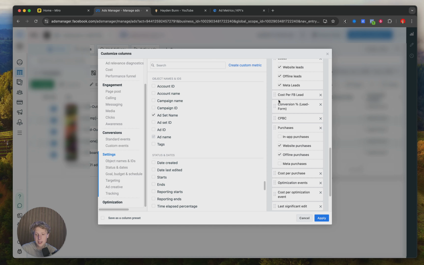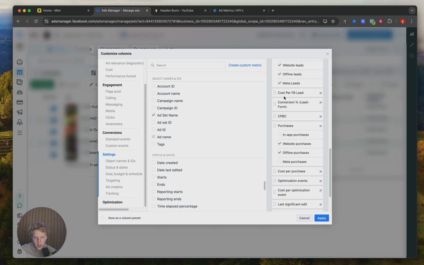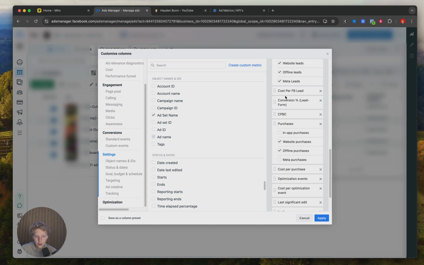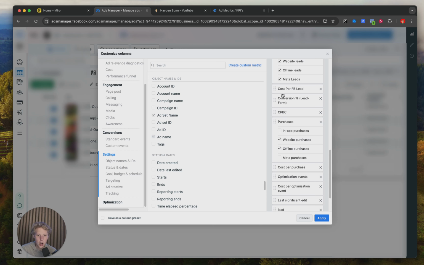Now, when it comes to testing, I'm going to make a video on that very, very soon, but you only want to test one thing when you are testing, so whether that's the creative or the funnel or the messaging of the entire campaign or even the campaign itself. That's how you want to test. You don't want to test the creative and then a different funnel and then different copy and then different this, because that's just too much to even look at and make decisions off of already with the limited data that we're given by Facebook,